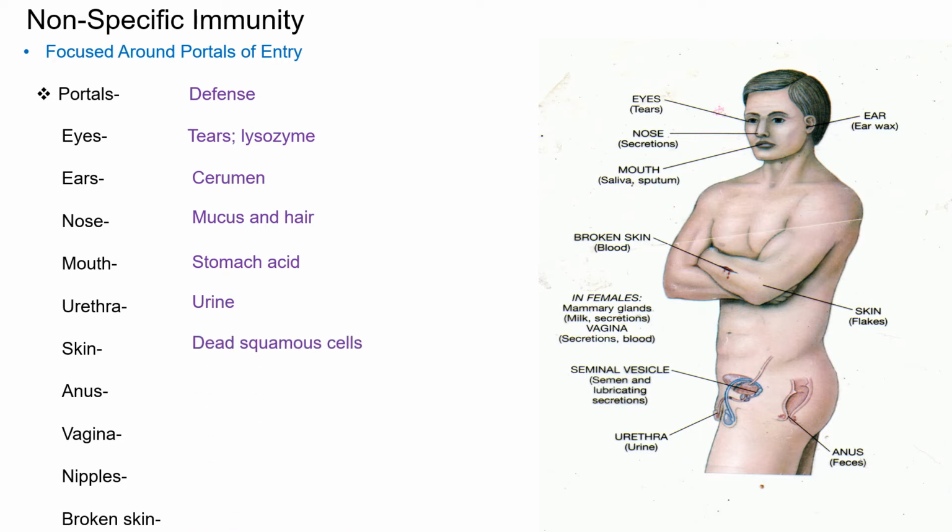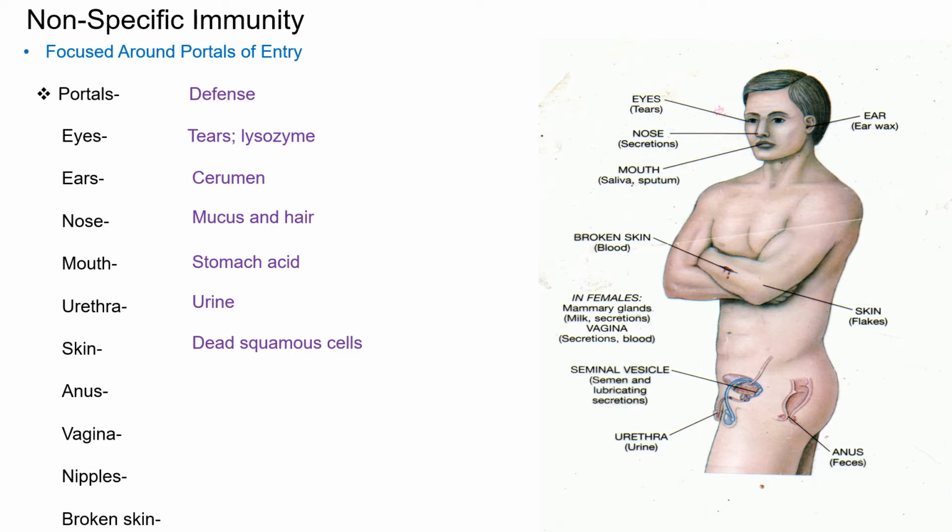Now the skin, what makes it a very good defense, and the best defense of your body, is all of the dead squamous cells that are focused there. Remember, they are in layers, stratified squamous, and these cells are dead. Now what that means is if bacteria feed on them, so what? It's not going to hurt you because they're already dead. Viruses will not absorb. They can be stuck on the outside, but there's nothing here for them to grow in because these cells are dead.